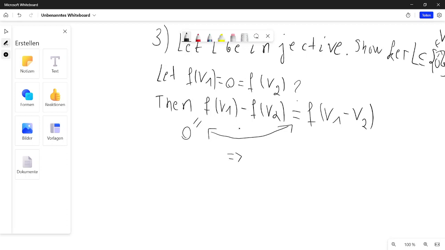Implies. Oh wait, what did you want to show? Oh, we wanted to show that this is injective, right? And now recall what injectivity tells us. By F injective, oh, I already wrote it down, and then I'll explain it. I'll read. By F injective, V1